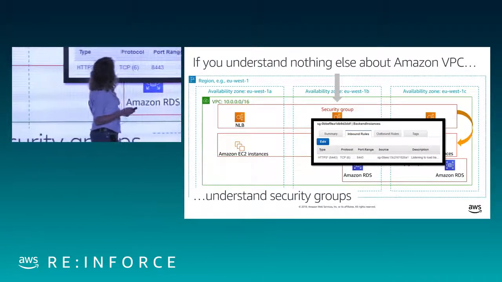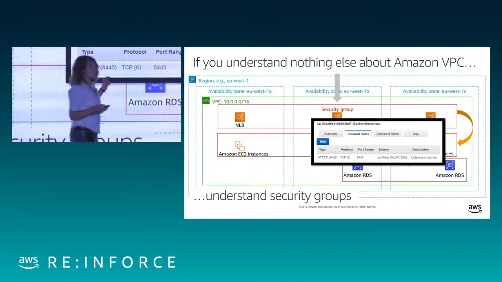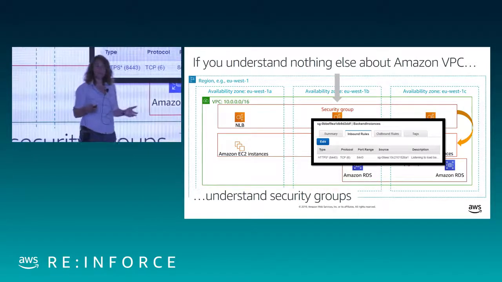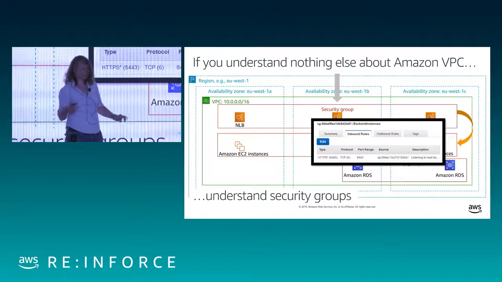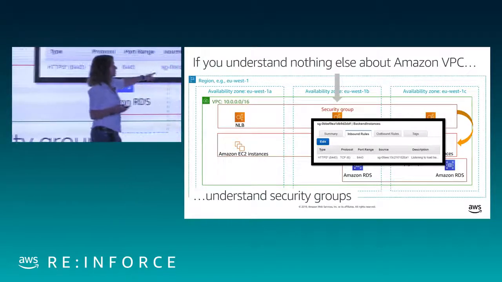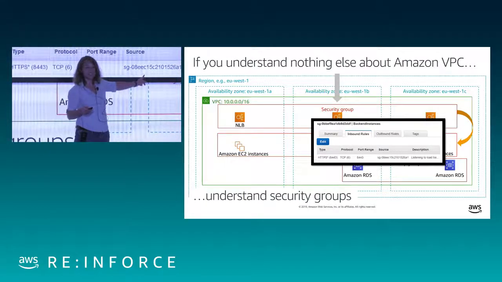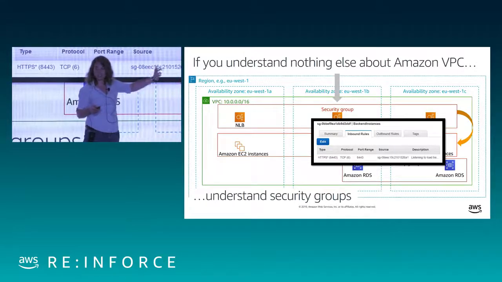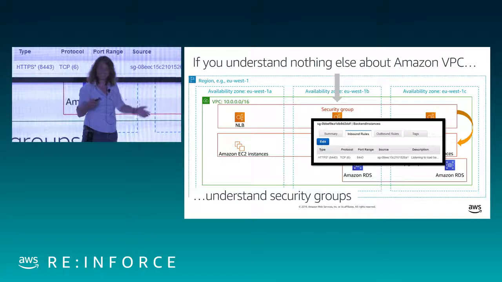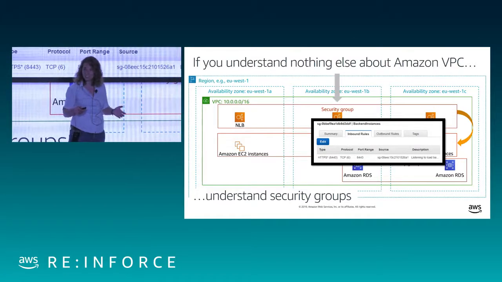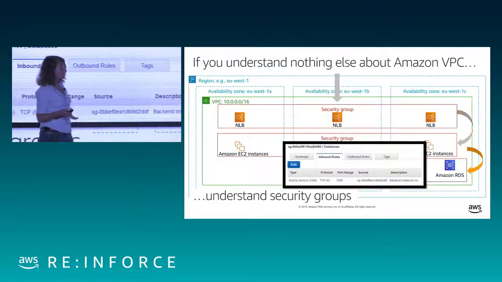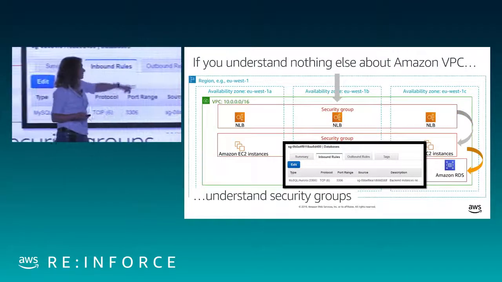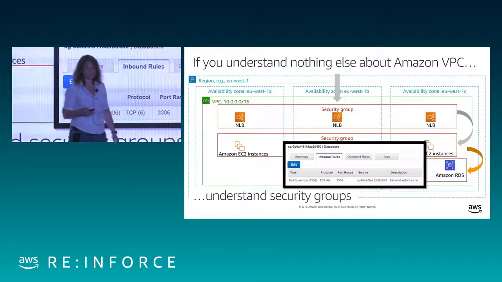Okay, what about these instances on which my application is running? I'm expecting traffic on my application port, let's say it's 8443. I'm expecting traffic only from the group that the load balancers are in. So I can refer to this other security group by reference. I'm not trying to juggle a list of IP addresses here. So one security group can let in another security group. And then finally, the database is the same exact story, except they are letting in the EC2 instances.